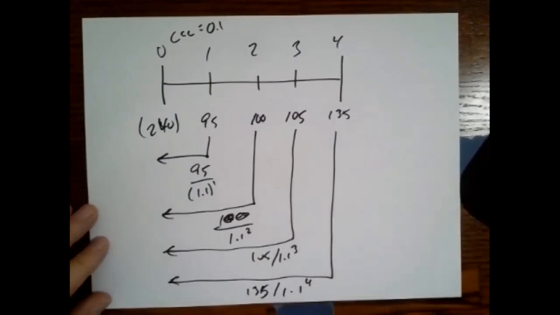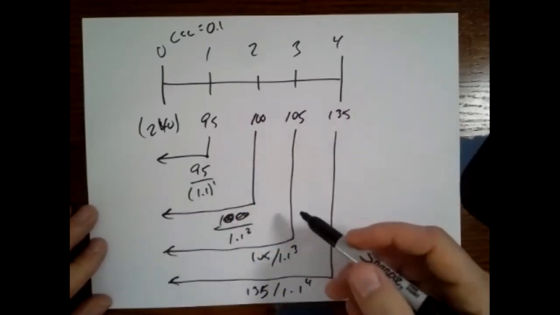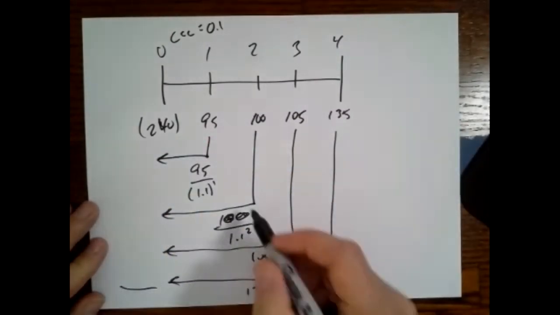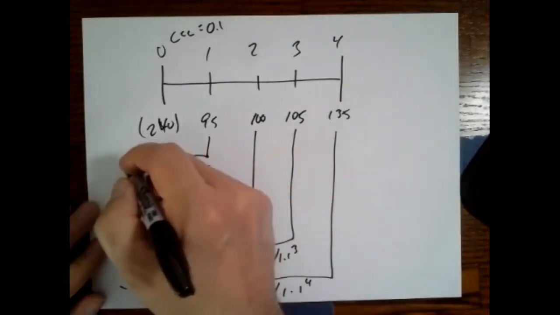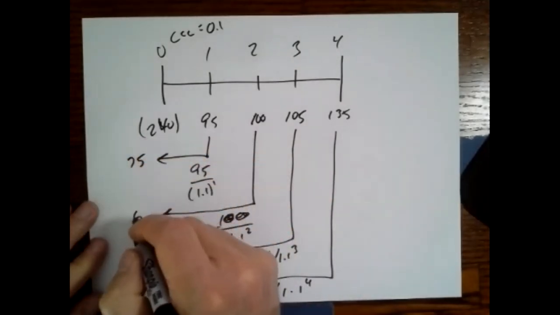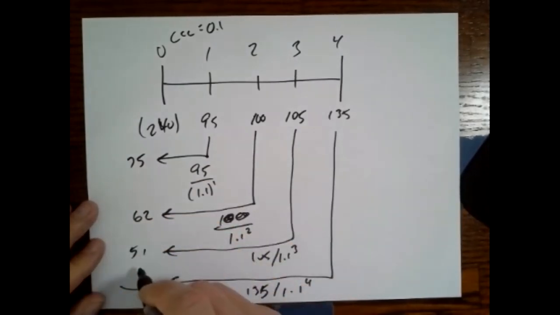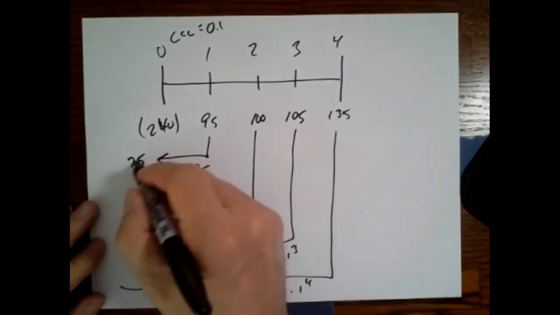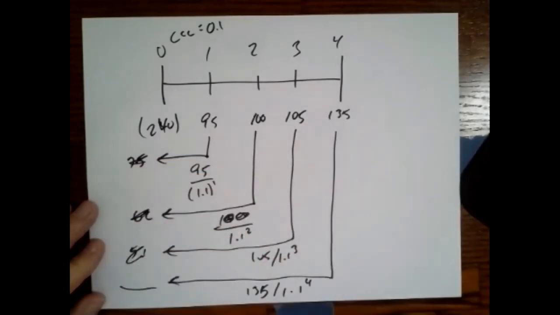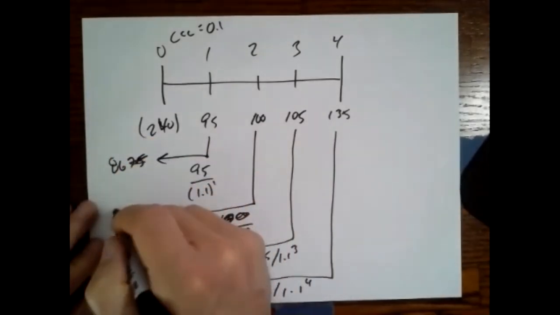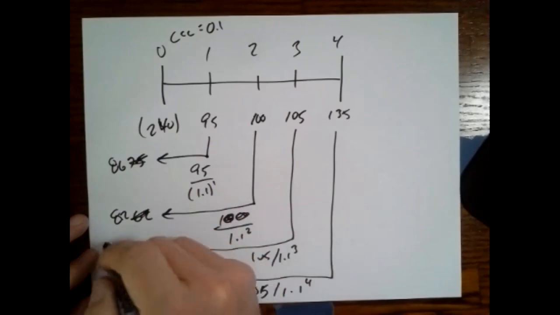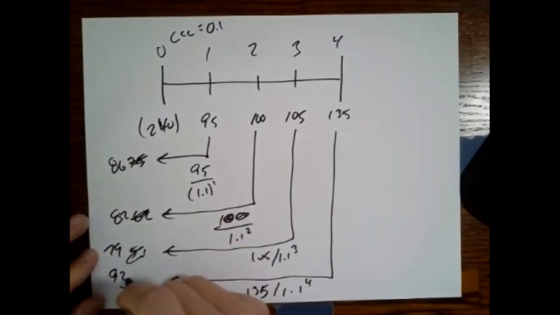And then I'm going to bring this one back, and it's going to be 135 divided by 1.1 to the fourth. And if you use the NPV function, or you use your cash flow calculator to do this, that's what the calculator is doing, or that's what Excel is doing. So then we add these results all up. Oh shoot, I'm using the wrong numbers. Going back to the NPV: 86, 82, 79, and 92 roughly, and that adds up to 339,